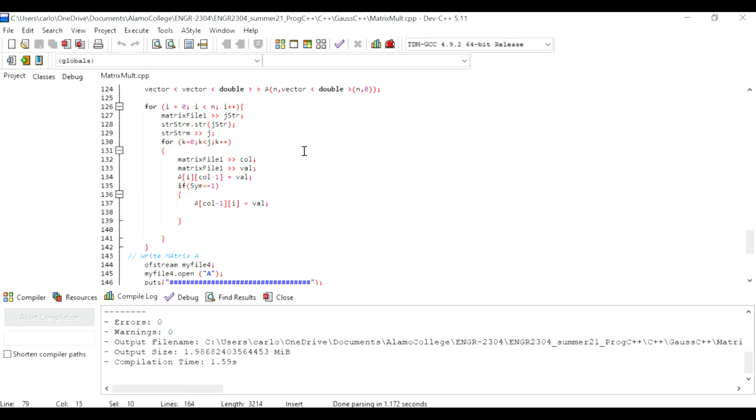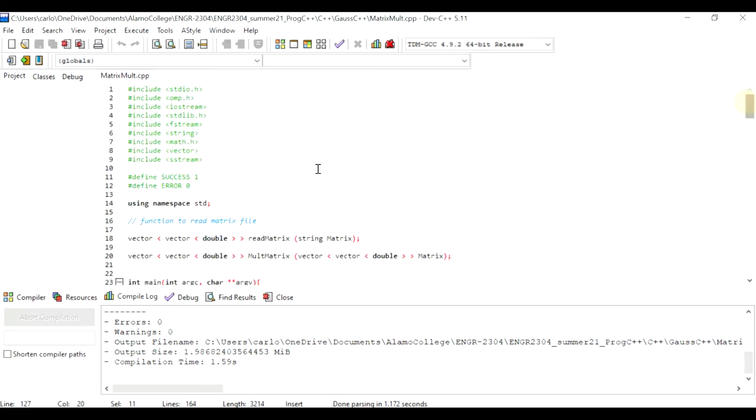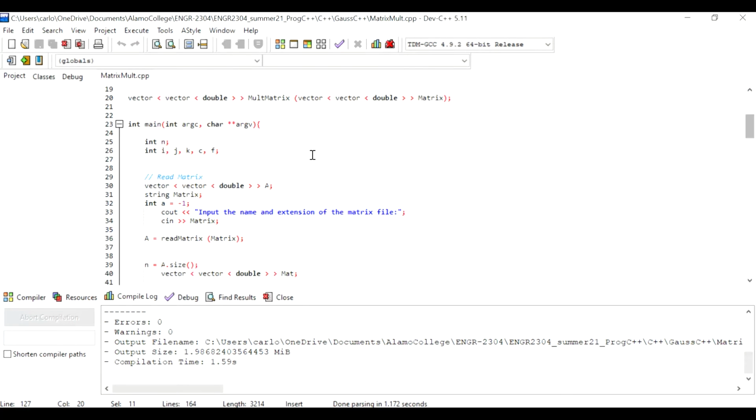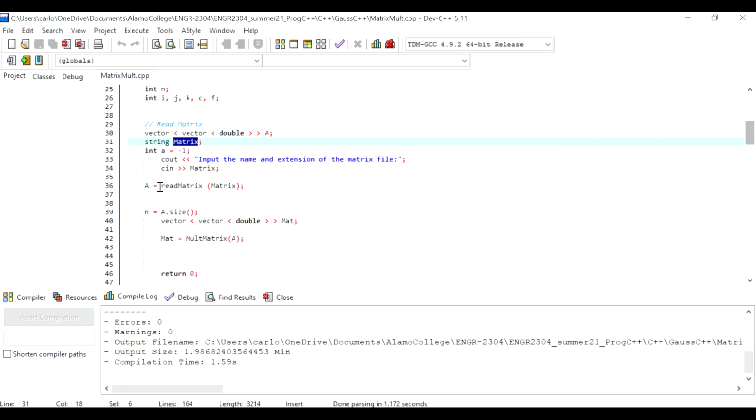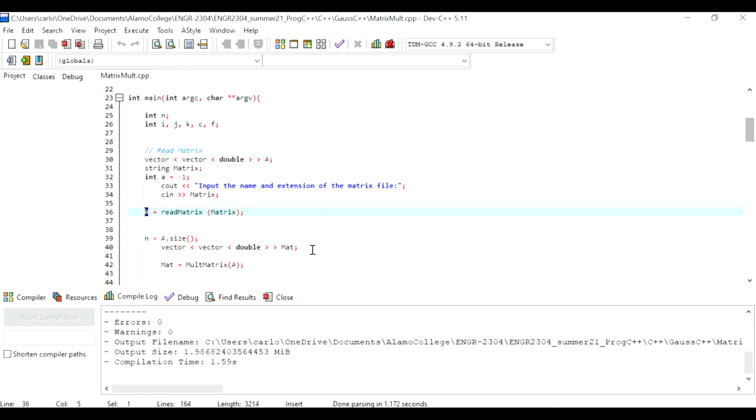Matrix is the name of my file. Remember that when I call my matrix file, I said I'm going to name the input mat4.txt and it is going to be called matrix. Matrix is my string, and then I input matrix to my function read matrix. Read matrix is going to return a matrix,